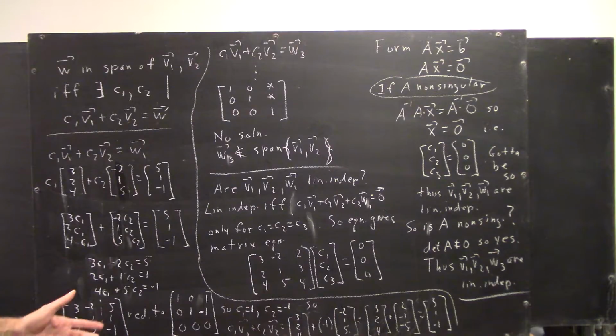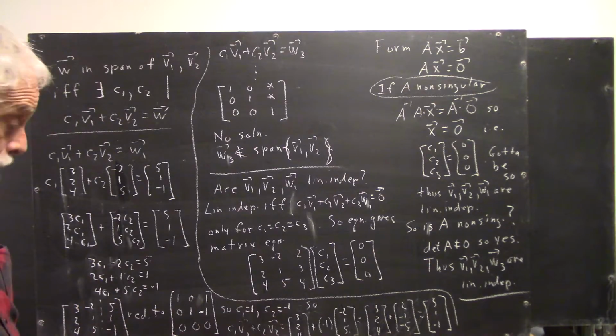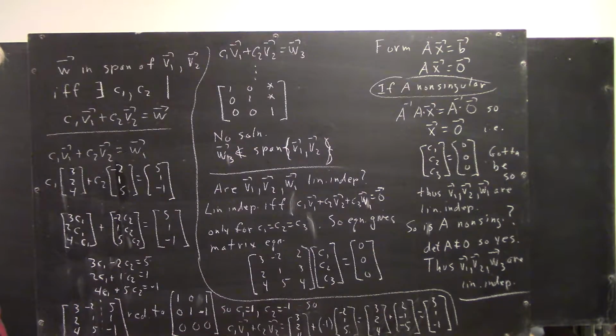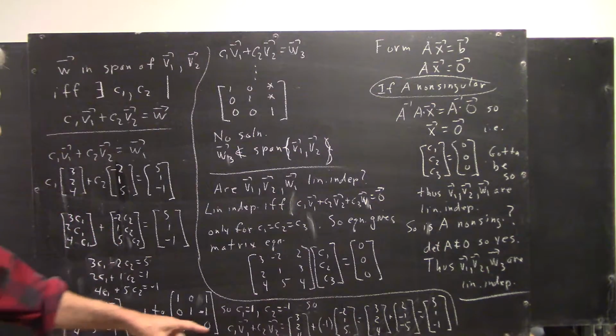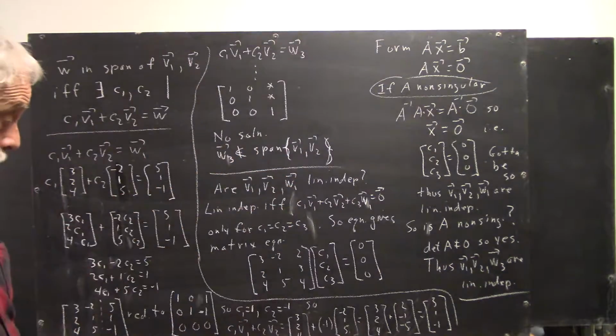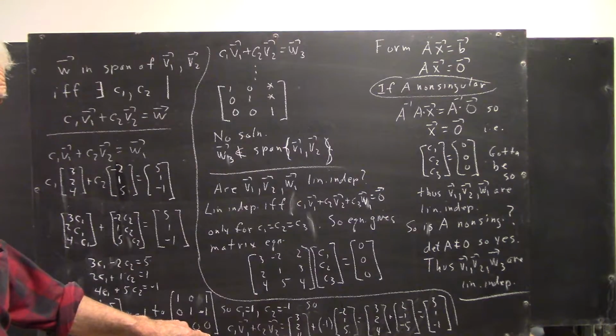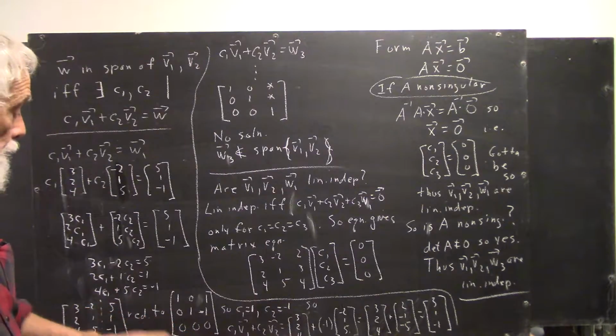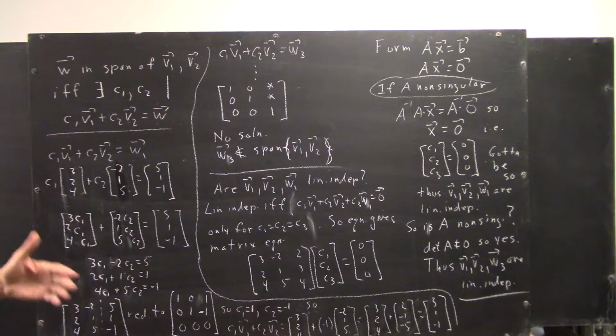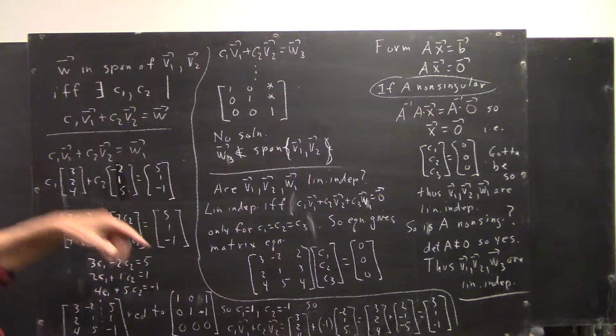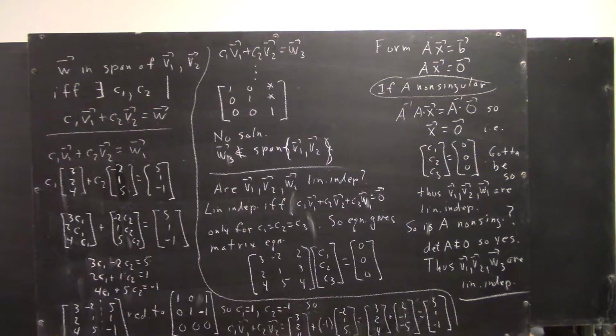So even if I'd chosen the first 2 numbers the same, if I chose the third number any different, it wouldn't work. And if I don't choose any of the numbers the same, it's just highly unlikely that the last row will just coincidentally cancel out. And then you would get 0 equals something that isn't 0, which can't be true, so there would be no solution. There would not be any c1 and c2 that make this true. Okay,